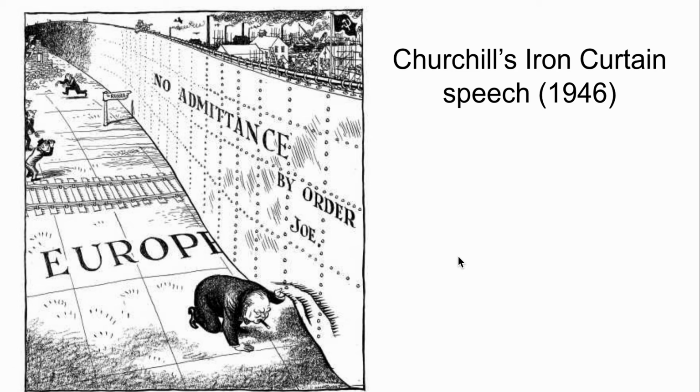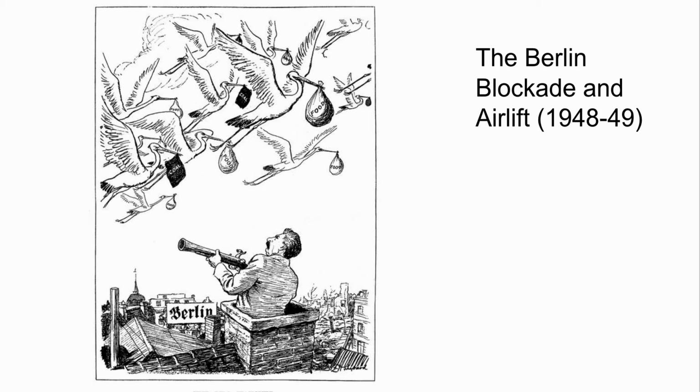And I think this cartoon is just a really effective way of portraying this. And you can see the way that the Soviet Union is portrayed here. Lots of industry, and you can see a soldier, or some soldiers, along the Iron Curtain with weapons there as well. So moving on to the next one, we've got a cartoon made during the Berlin blockade and airlift,